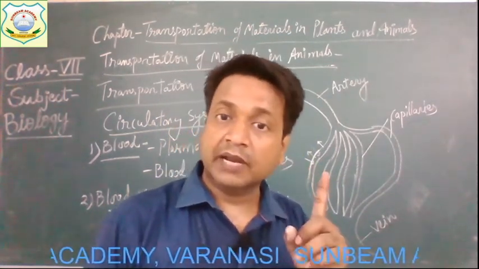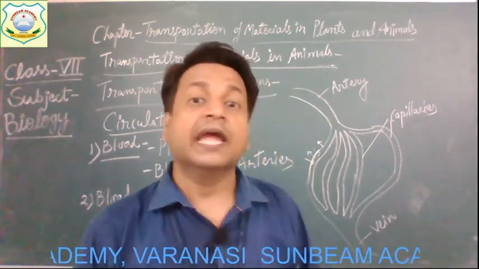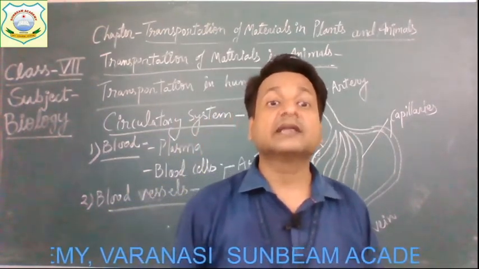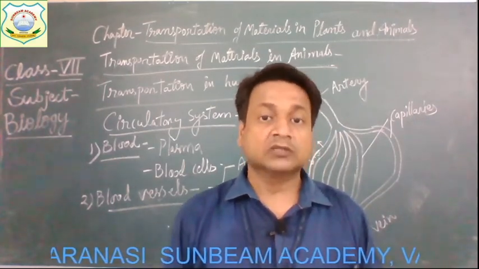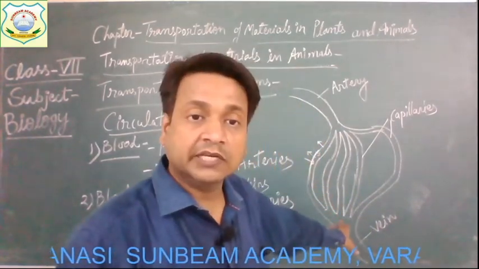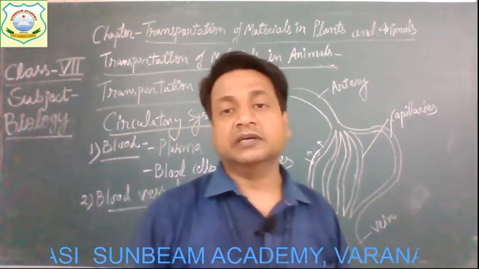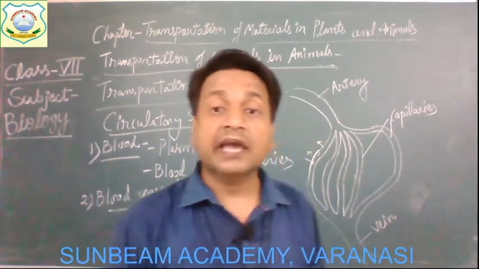Children, oxygenated blood means oxygen rich blood and deoxygenated blood means carbon dioxide rich blood. So veins carry that deoxygenated blood back to the heart, and these veins have thin walls